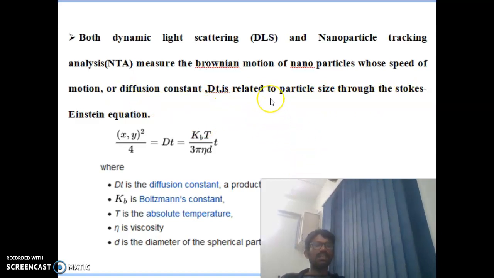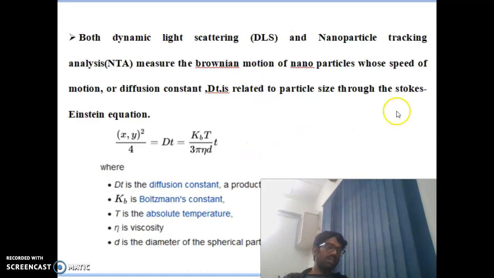Especially nowadays, in research, the DLS and NTA techniques are mostly used. DLS means dynamic light scattering, and nanoparticle tracking analysis; both are used to measure the Brownian motion of nanoparticles in suspension, that is called the diffusion constant,